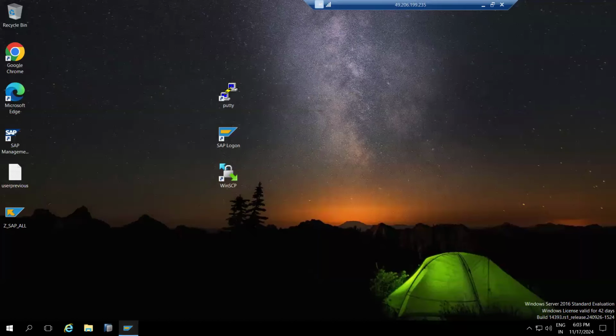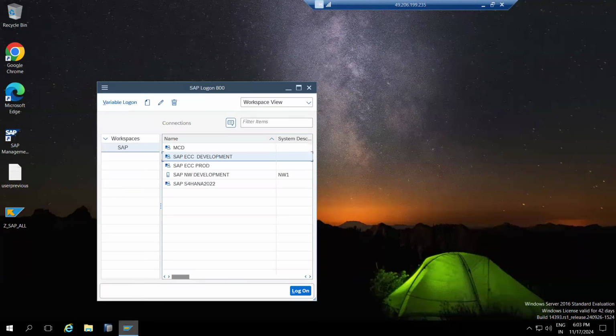Okay, that is the printer-related information. With this, we have completed the spool work process administration, sorry, print and SAP work process administration, and background jobs. Then tomorrow is the very important client administration part. What is meant by client administration? That is the important thing we will discuss. Okay, so now